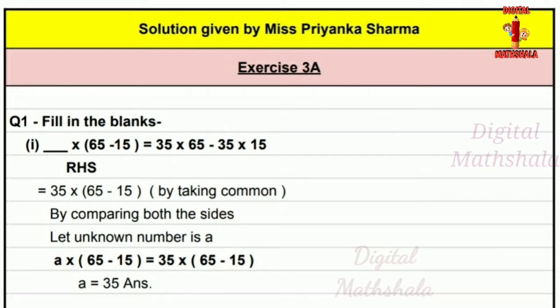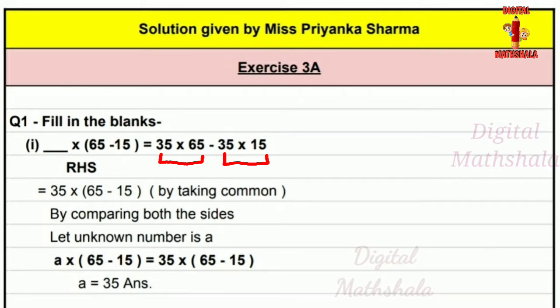So what we will do, we will take the RHS part first and then take common. As you can see, a negative sign is given. Whenever in any equation a negative sign or positive sign is given, the numbers before the negative sign are one separate part. Here multiplication is given, but it will still count as one part. And after the subtraction sign, another part is given, that is 35 multiply 15. So two parts are given.